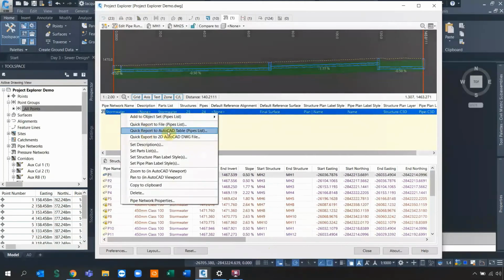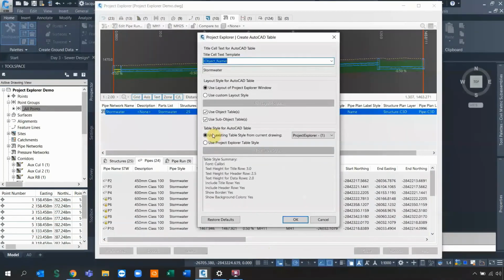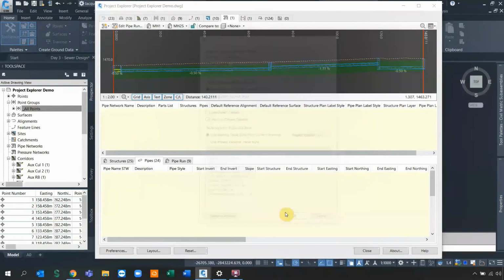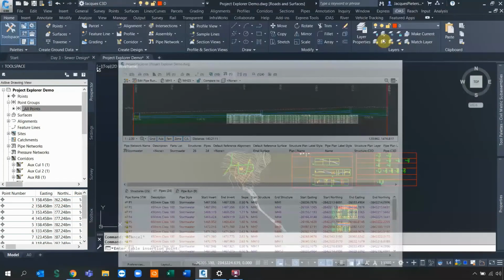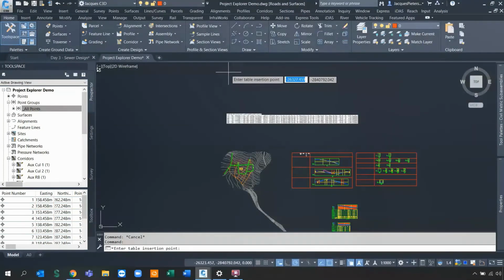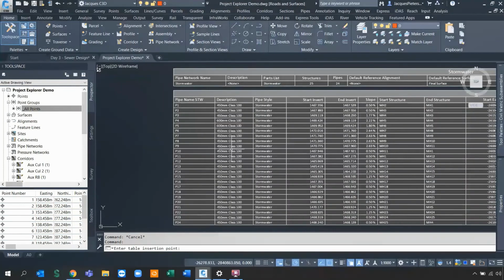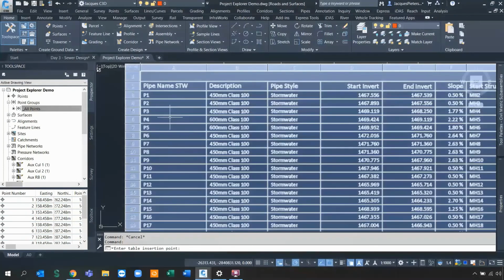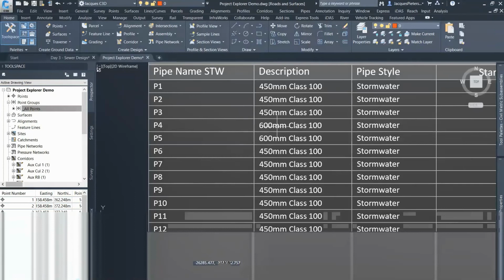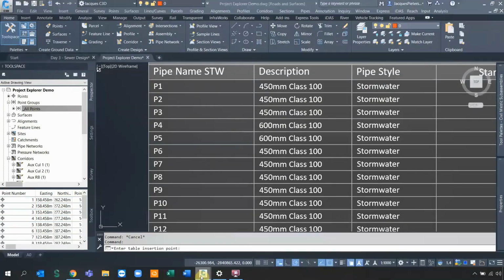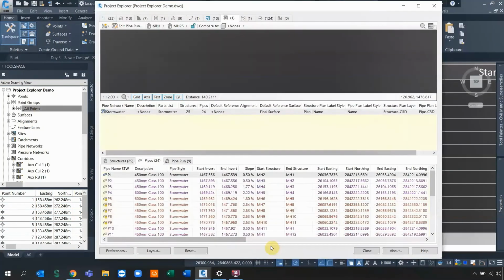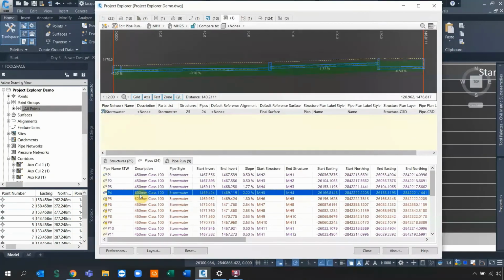If I right click and choose AutoCAD tables for the pipes, I'm not going to give it a specific name, I'm just going to do it. And let's place it somewhere on top of the structures, somewhere over here. If I zoom into this table, you might notice it picks up all of my pipe names and all of the pipe sizes. So look carefully at pipe number 4. If I go back to my Project Explorer and, for example, we want to change it from a 600 to something else,